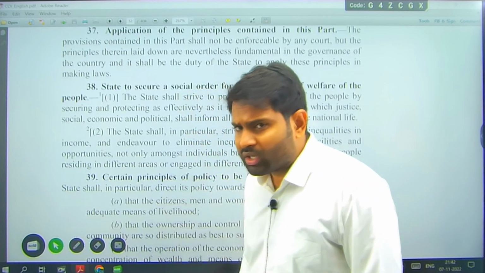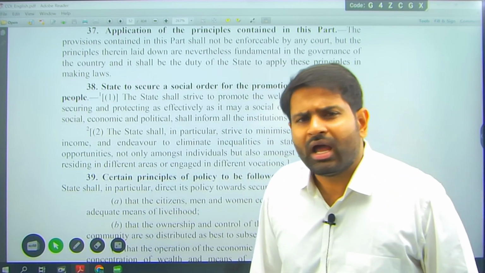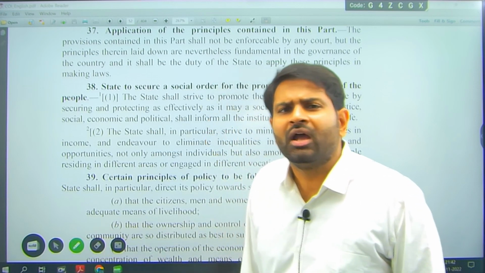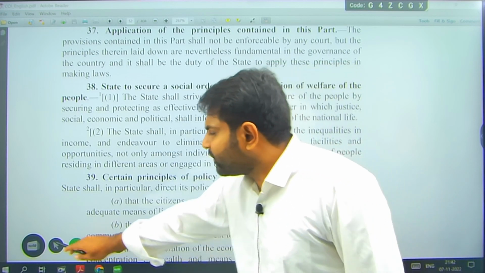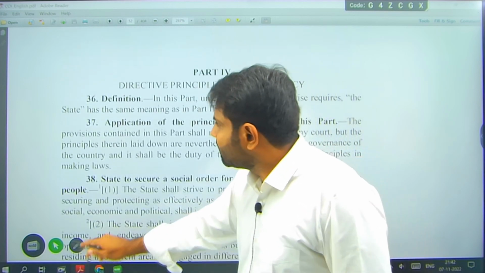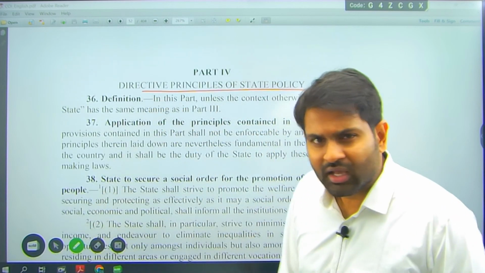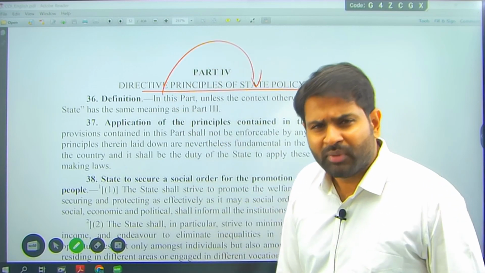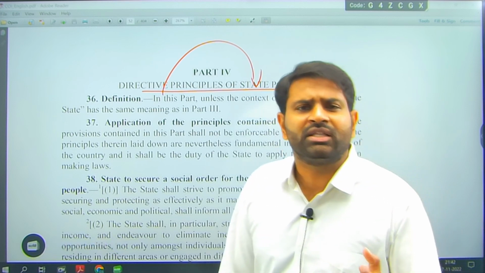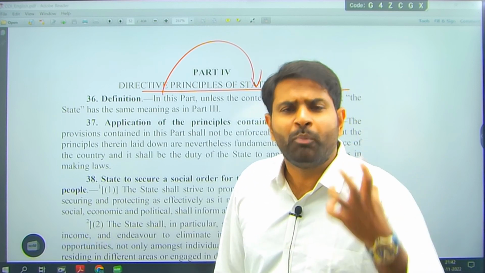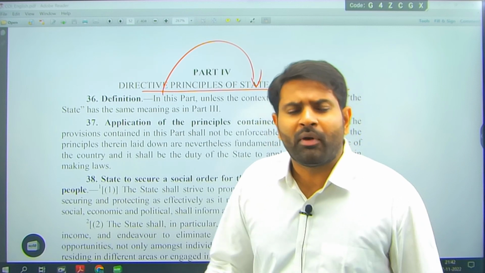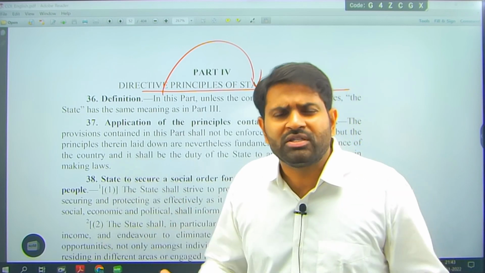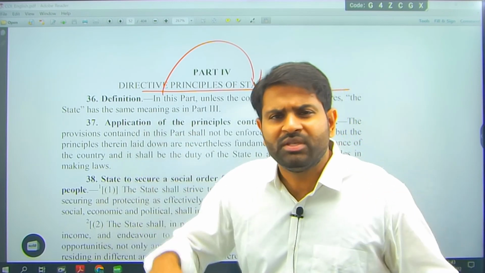Unlike Lakshmikant, I am not going to divide them into Gandhian principles, social or liberal principles. I will just take up the article and go forward simply. Those rights which cannot be kept in fundamental rights were kept here. Whenever the state wishes, they can borrow from this and keep them in fundamental rights. Remember, these are directive principles of state policy. These are directions to the state. Give directions to the Chief Minister and Prime Minister. Mr. Prime Minister, Mr. Chief Minister, these are the directives I am giving you. You please follow them in your policy towards weaker sections, any policy, national education policy, solar policy, wind policy, keep these things in mind.